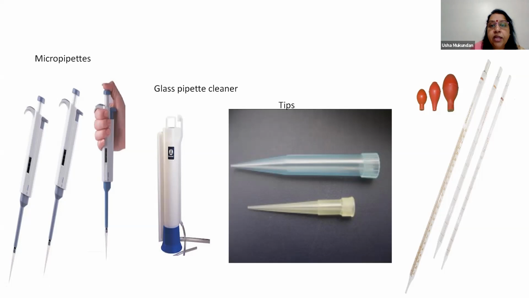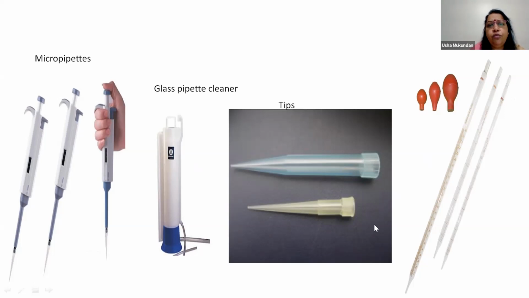Whenever the volume is less, then you use what are known as micro pipettes. You will be trained how to use the micro pipette. So micro pipettes come in fixed volume, or they can come in variable volumes. Normally, whenever you have a volume of 1 ml and less than that, so you have in microliters, you use a micro pipette. But you can also use it for large volumes. As you can see, there are tips which come in different volumes. So you can have a micro pipette of say 5 ml, where the tip will be larger.